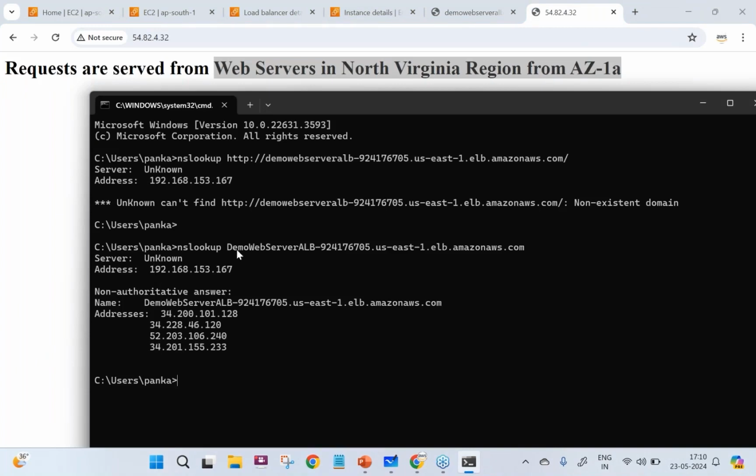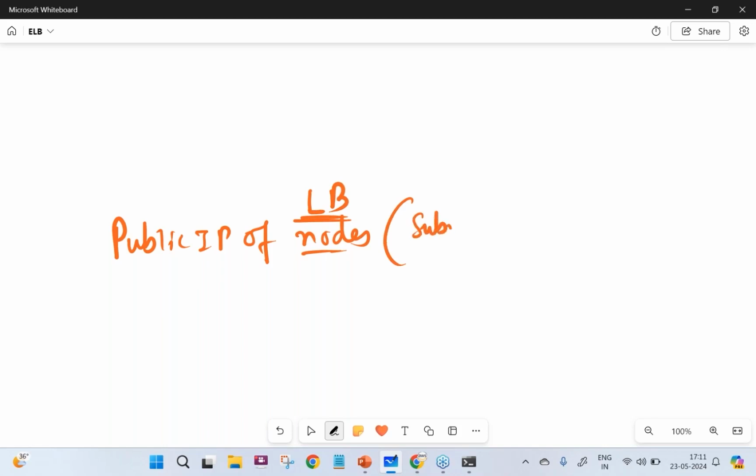I have tried to do an nslookup against this DNS name, and it has responded with these. These are the public IPs of the load balancer nodes which got deployed in the subnets.